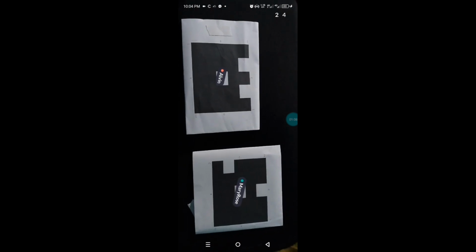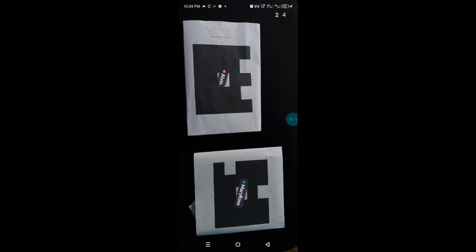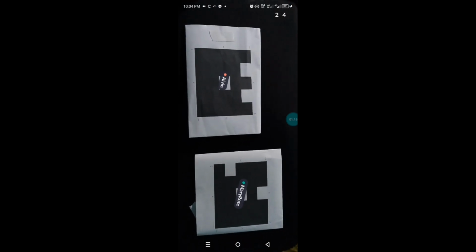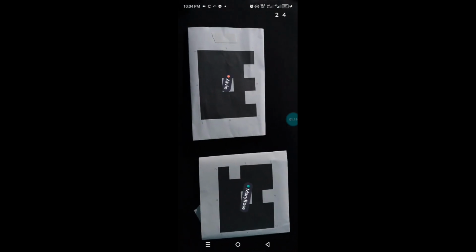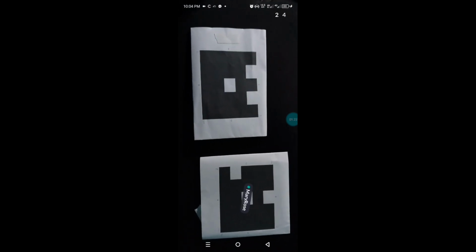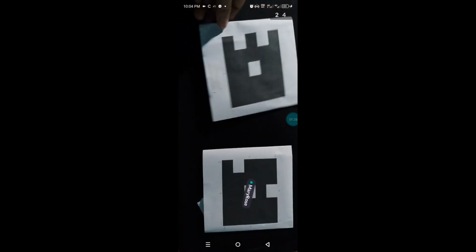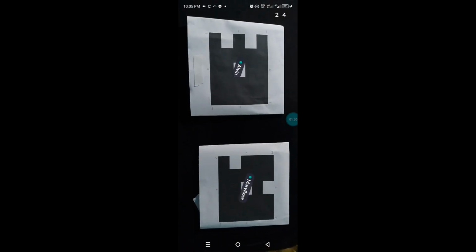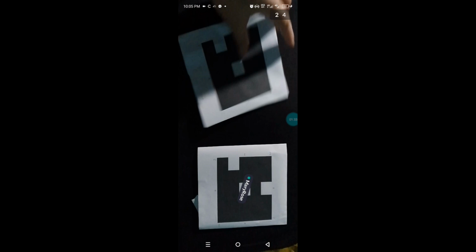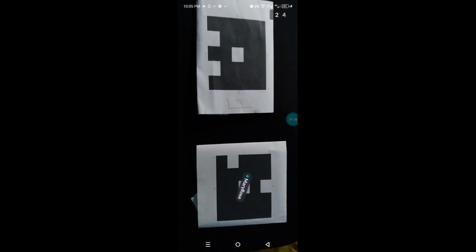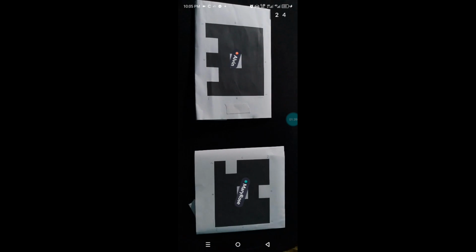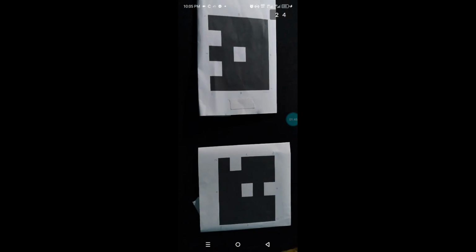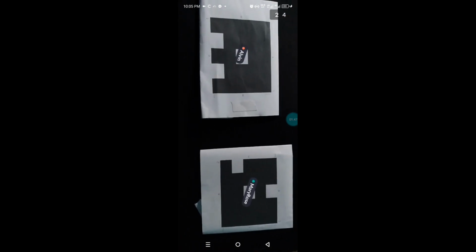The correct answer in number 1 is letter D. Mary Rose chose letter D, and Alvin chose letter C. So in this case, Melrose got the correct answer. When Alvin turns his Plickers card like this, then it will become correct. But if he turns it around like this, it will also be wrong. So this app can easily detect whether the student got the correct answer or not,